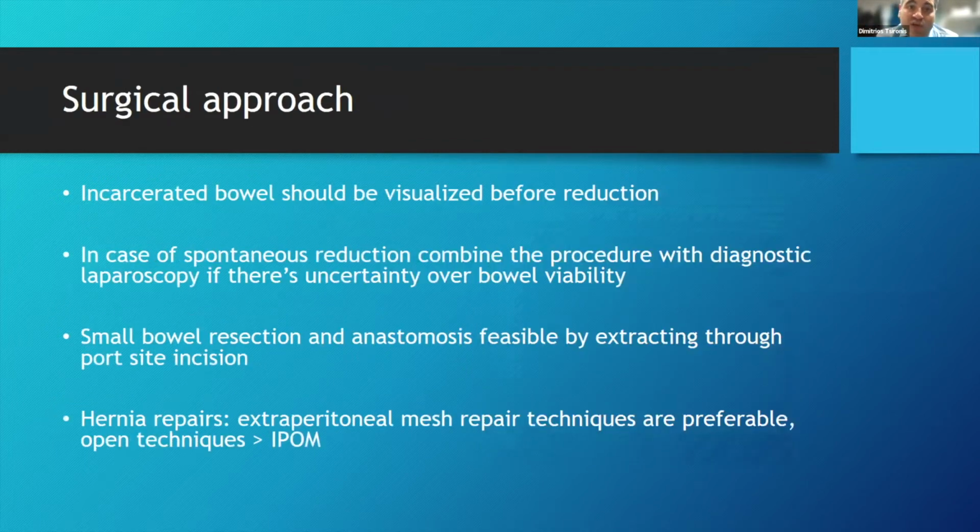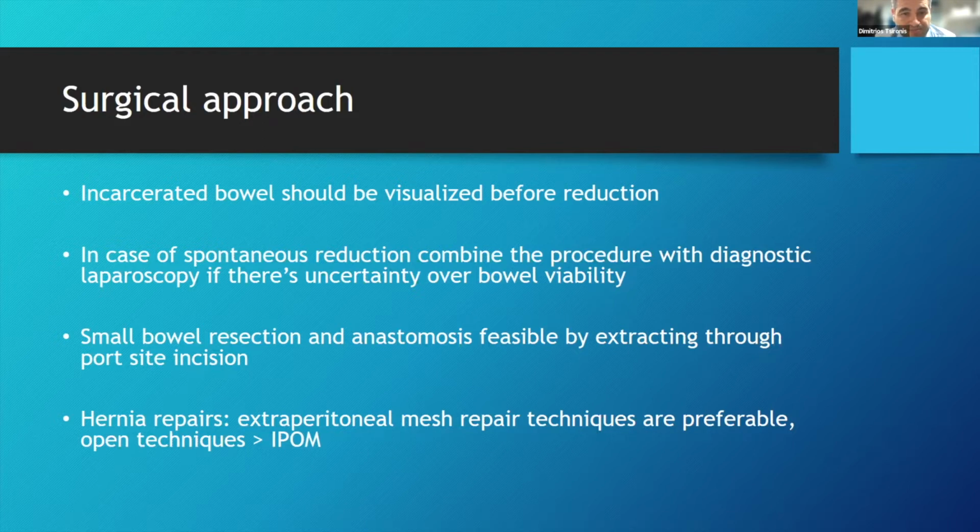Nevertheless, we need to visualize the incarcerated bowel before reduction. And in cases where the bowel is spontaneously reduced, either during anesthesia or during the approach as we try to mobilize the sac, then we can combine these procedures with diagnostic laparoscopy. So if the bowel is reduced, you can do a diagnostic laparoscopy and check the bowel from the peritoneal cavity, to make sure that there is no ischemic area in the times that you are uncertain about the